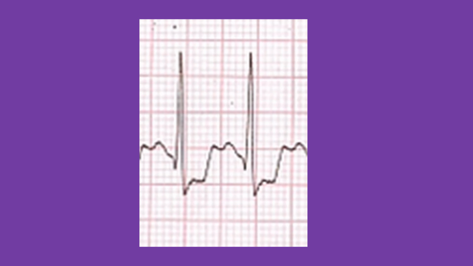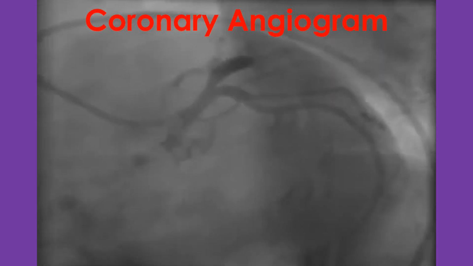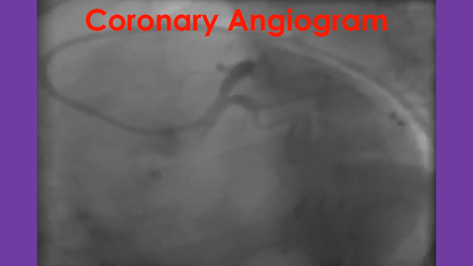Magnified view of ECG illustrating the waves in the ECG, P, QRS, T and ST segment. In the normal ECG pattern shown in the inset, ST segment is at the same level as the baseline of the ECG. Those with a positive test will be considered for X-ray imaging of blood vessels of the heart by a test known as coronary angiography.